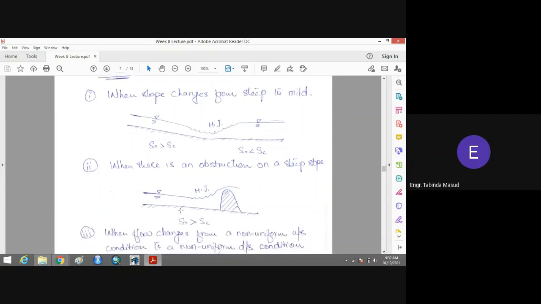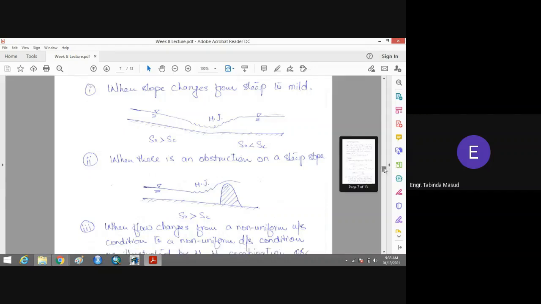Similarly, for example, this is a steep slope of a channel where you have an obstruction, any kind of obstruction. So what will happen again? The flow is coming with a very high velocity and low depth of the flow, but due to the obstruction, it gets a break, and due to this break, the hydraulic jump occurs and the depth of the flow increases. So again, you can see that in a very short time, or for a very short horizontal distance, the depth of the flow increases and the hydraulic jump occurs.